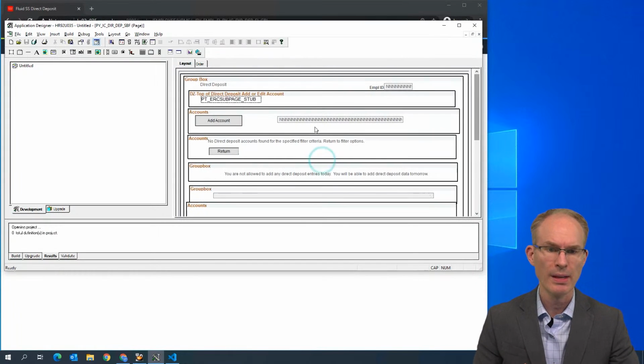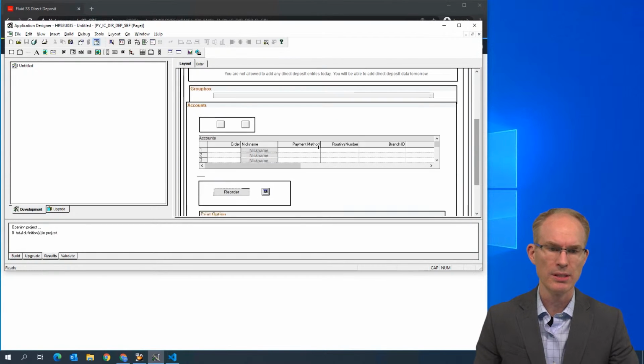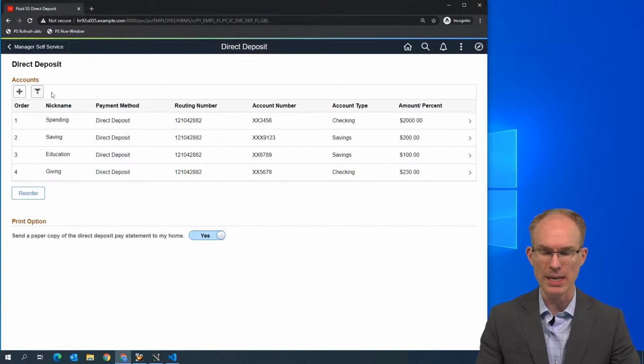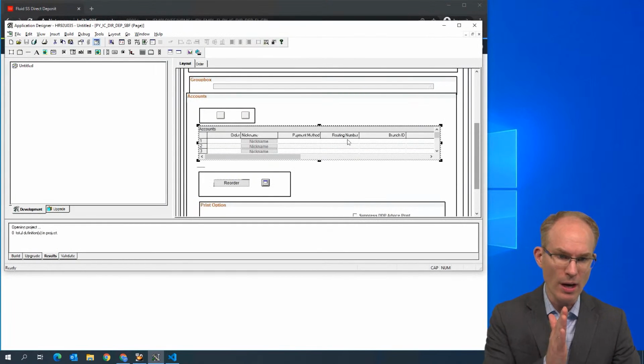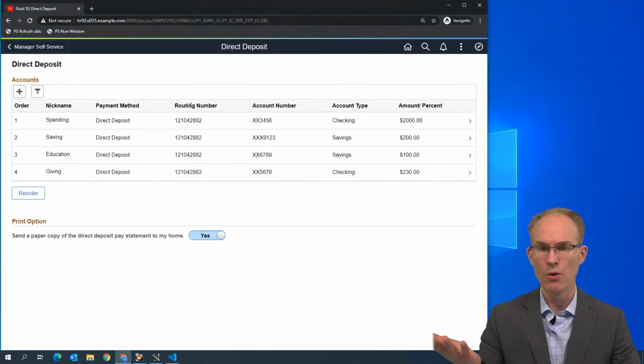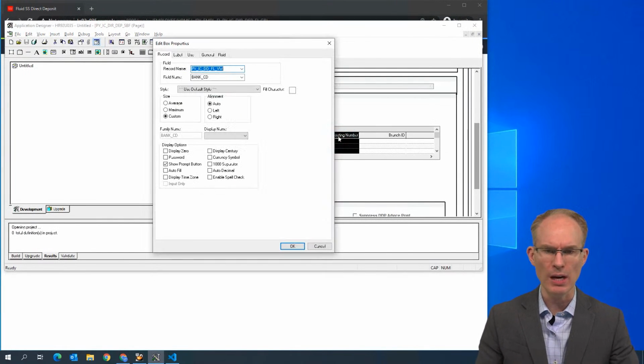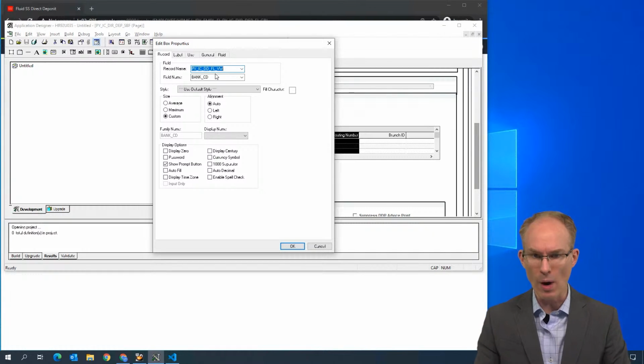Anyway, let's drill in. And let's find that, oh, there it is. Here's a grid, accounts grid. And if we look back, it says accounts, perfect. Going across the columns there, I see routing number. Routing number, that's exactly what we're interested in. Let's go ahead and open the properties of the routing number field. And I see record is